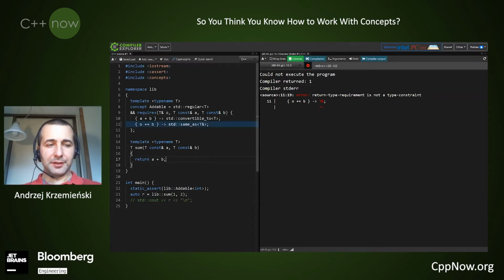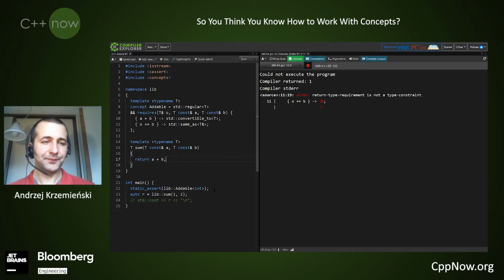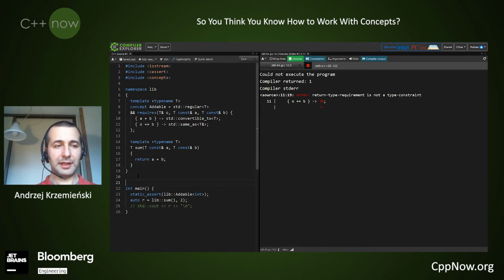Okay, moving on. So we've seen it is a predicate, and now I'm going to constrain my algorithm with this concept. And what we often hear is, this is in order to make the error messages shorter. So let's check if this is true. First, let's start with an unconstrained template.